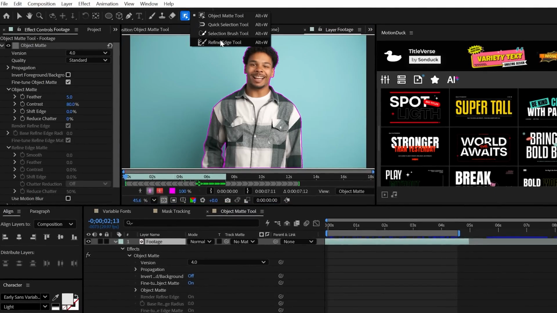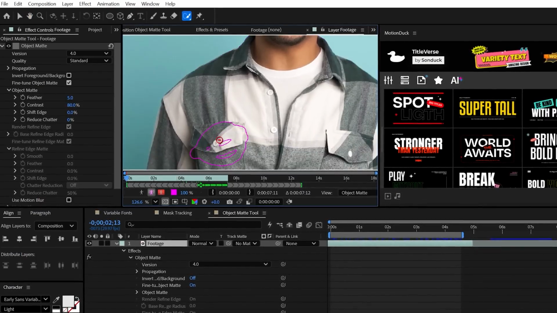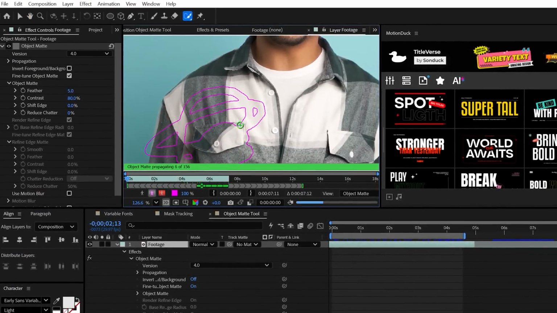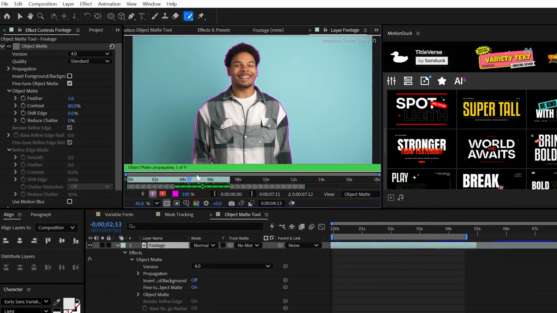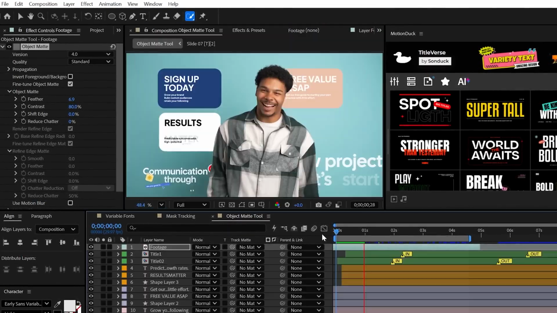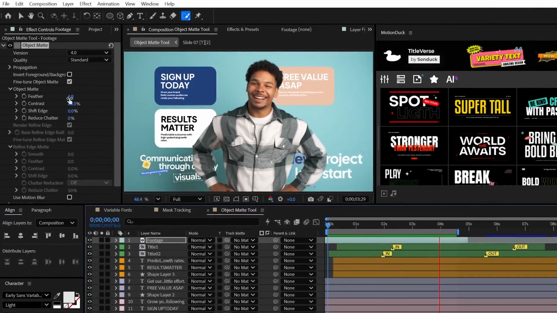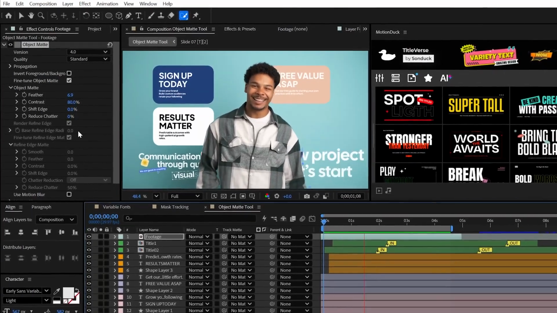Of course, you can still do manual selections with the quick selection or brush tools, and even remove unwanted selections while holding Alt or Option on your keyboard. Now, once everything's selected, you can just move forward in your timeline to let After Effects process your footage. And once all said and done, you'll have further refinement options all in one effect, allowing you to create powerful